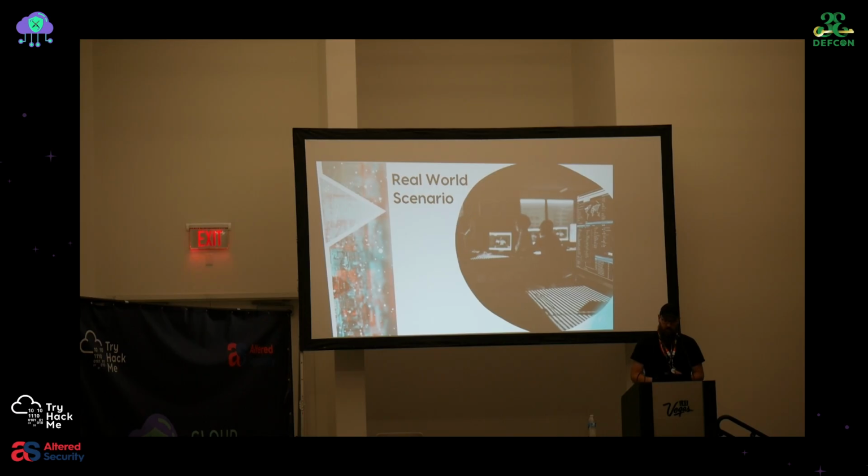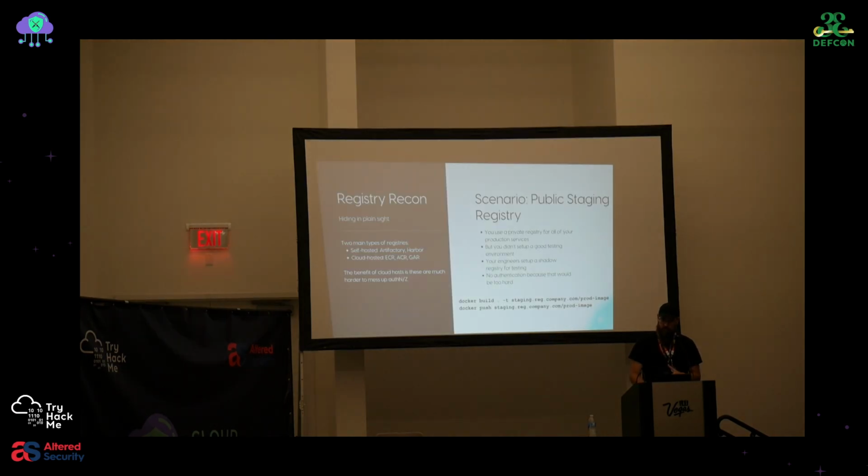So, real-world scenario. I'm going to bring up these two specific things that we're doing. Imagine yourself on a pen test. You might say, I need to do some recon on the environment that I'm pen testing. You'll look up the company or organization, and start going to Shodan or Censys and finding what public information is out there. Nine times out of ten, you'll find a bunch of registry information. They're tagged in Shodan and Censys as a registry of some sort. Maybe it's Harbor, maybe it's some external cloud-hosted managed registry. But it's something out there, and you go, okay, I've got access to a registry.